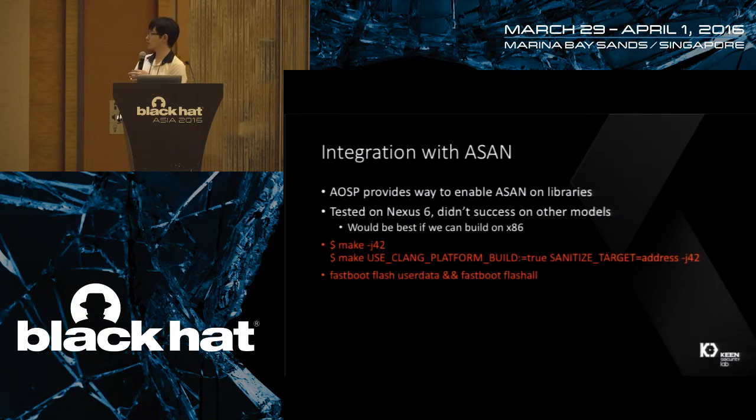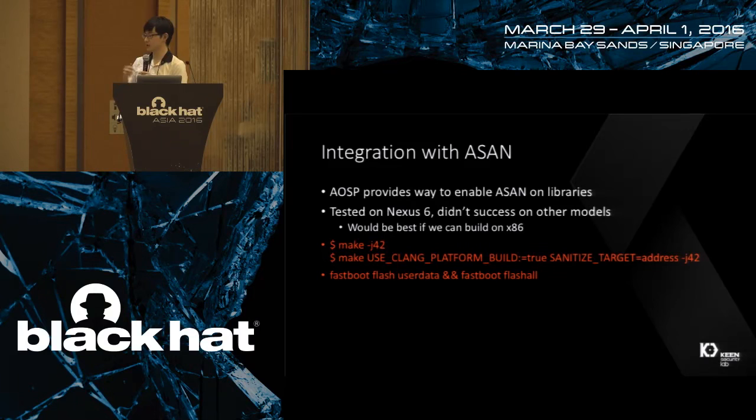A natural idea comes to us: we can integrate the fuzzing with ASAN. ASAN, as we all know, is the AddressSanitizer, and is very efficient in catching memory corruption bugs. And AOSP provides a way to enable ASAN on libraries and also the whole platform. We successfully compiled ASAN on the whole AOSP on Nexus 6, but we didn't succeed on other physical device models. And we have successfully built ASAN on ARM,